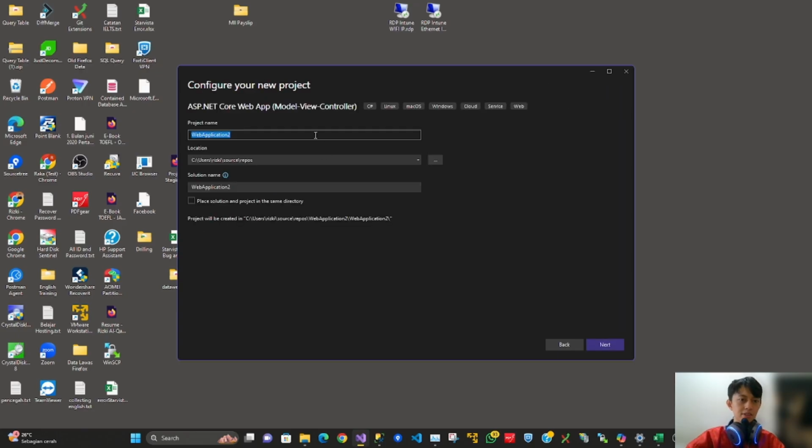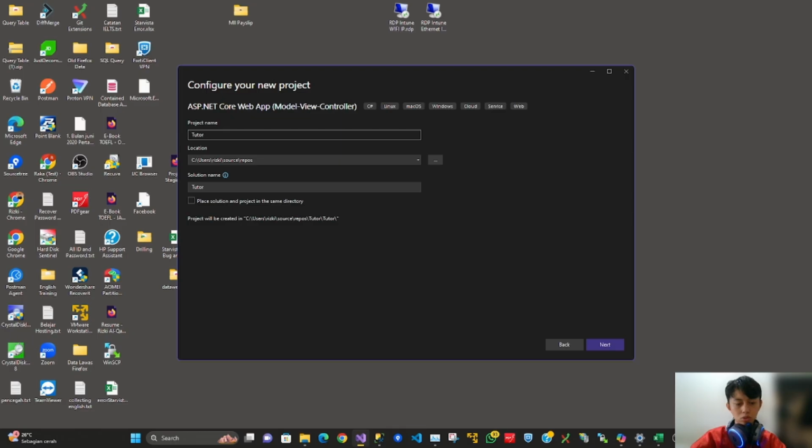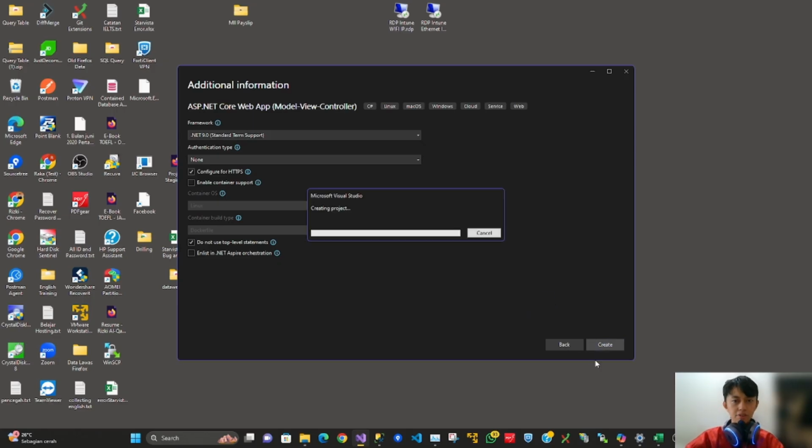Choose it, and then name the project. You can choose the latest framework version. Click create.